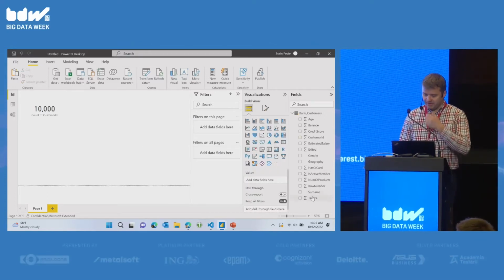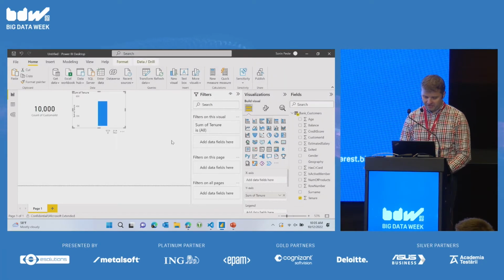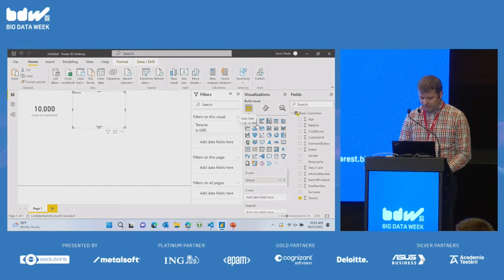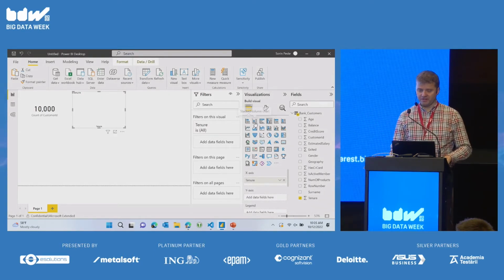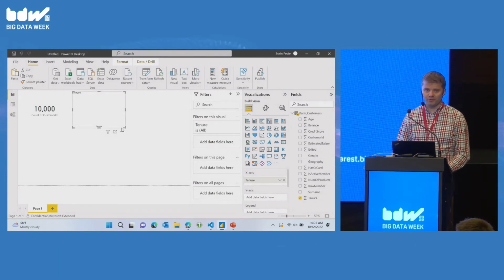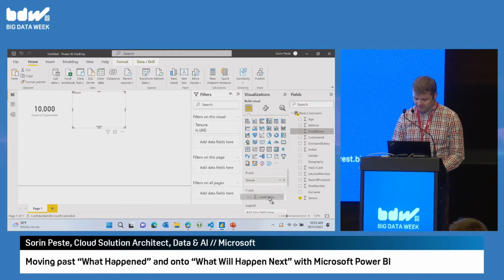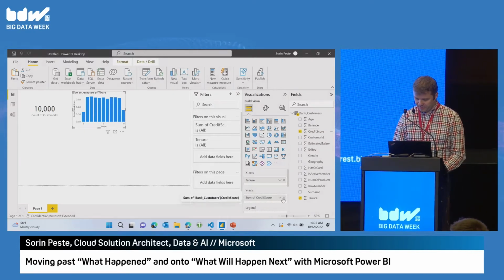Let's try and split them up by some specific attributes. Let's look at tenure, for instance. So we have this tenure. I'm going to put this into the x-axis. The choice of visuals is a good subject for a talk: what kind of visual you should be using for what kind of message you're trying to tell, or what kind of insight you're trying to get. But I'm just going to count the customers.